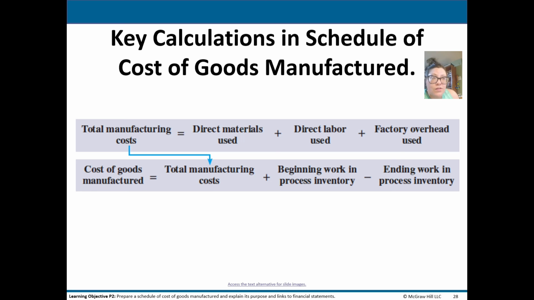So again, all this cost information is used in the financial statements. So this exhibit here, 14-15, it shows how the product costs affect the financial statements. Direct materials, direct labor, overhead costs are included in the schedule of cost of goods manufactured. The cost of goods manufactured from that schedule is used to compute the cost of goods sold on the income statement. So the ending work in process inventory is carried over from that schedule to the balance sheet, and both the balance sheet and the income statement are going to include finished goods inventory.